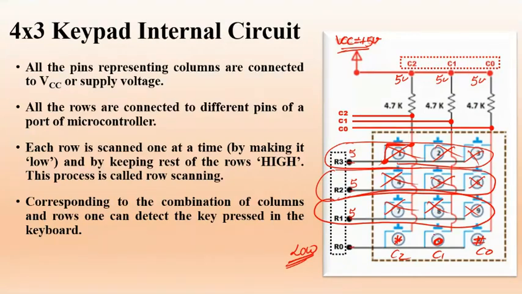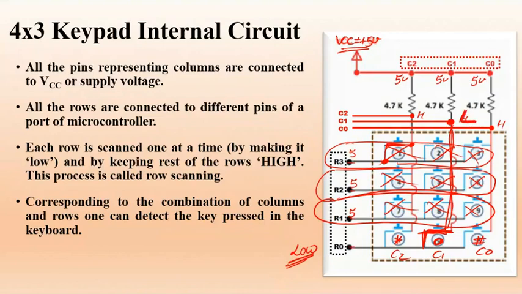So suppose C1 is pressed, this one is pressed. Suppose this one is pressed. Okay. So you can see this particular pin which was actually high. Okay. Before that, when the key was not pressed, all 3 were high. Right. Now what you are going to do, you press this key, this particular key. So that means this high becomes low because it is connected from here and connected to low. So only 2 of the key columns will become high, only one of the column will become low.